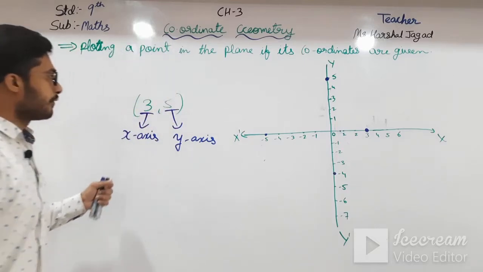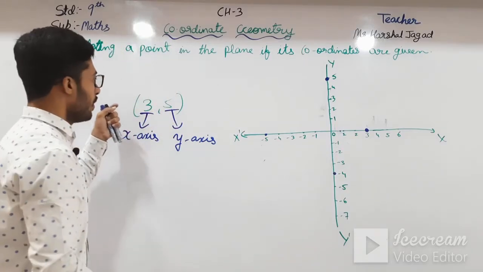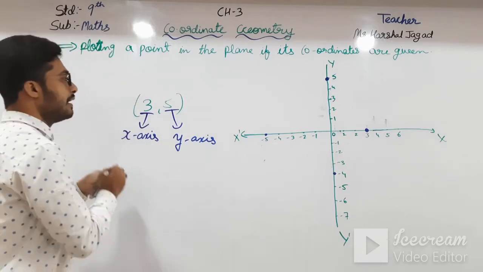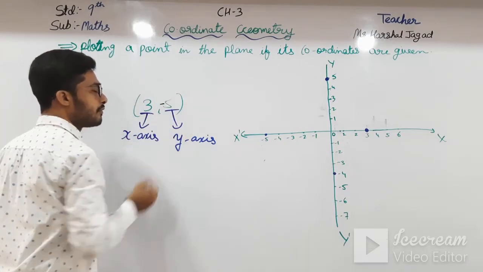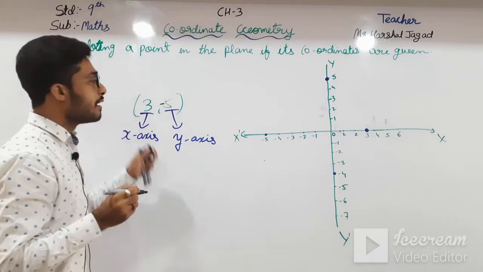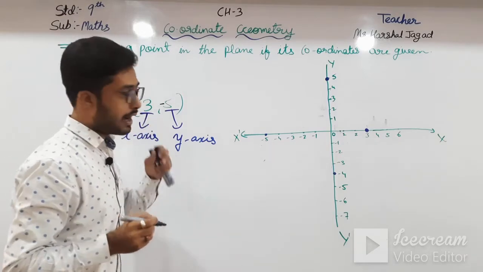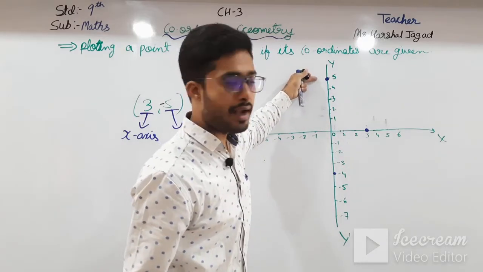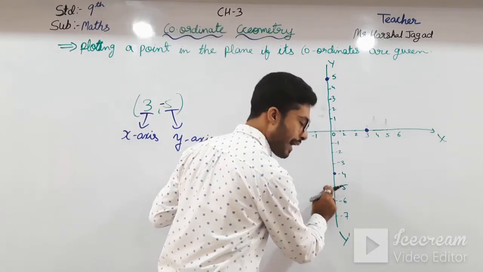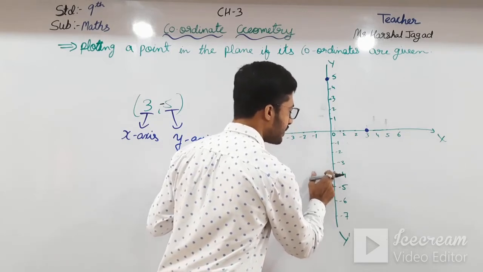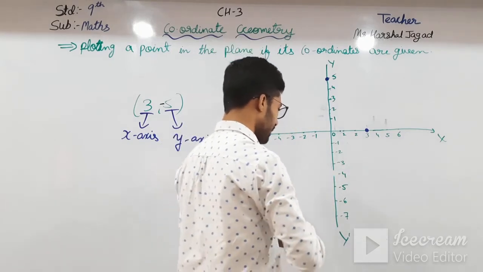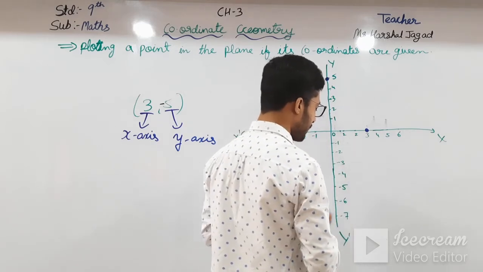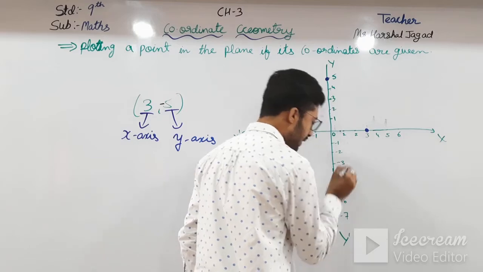Okay students, if any of these coordinates is negative, if I say that here it is minus 5, then how will we draw that? As we have put this at plus 5, we will put this at minus 5. Okay students, see here I am just drawing that so that you can understand that if there is minus 5, then the point will be over here.